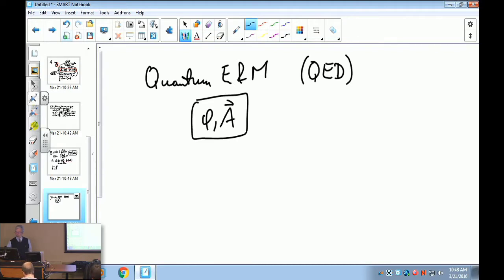There's no explicit E and B. E and B are too difficult to work with in quantum electrodynamics. In fact, everything is done in terms of phi and A. And also in terms of the relativistic electrodynamics,